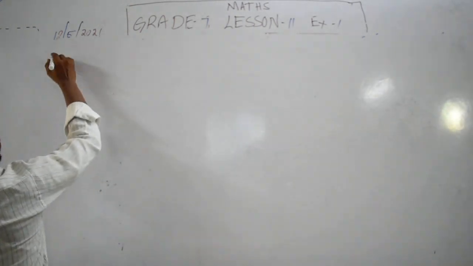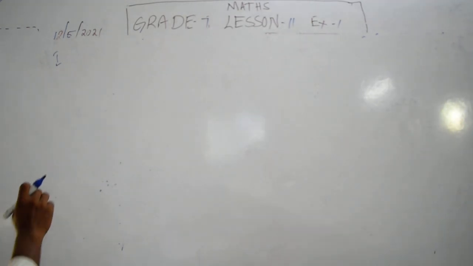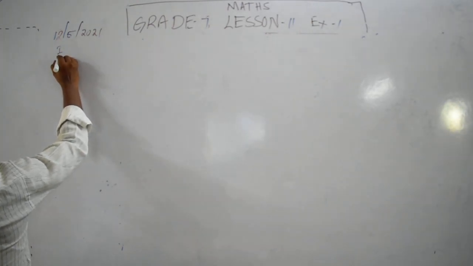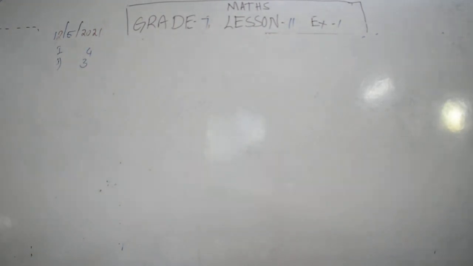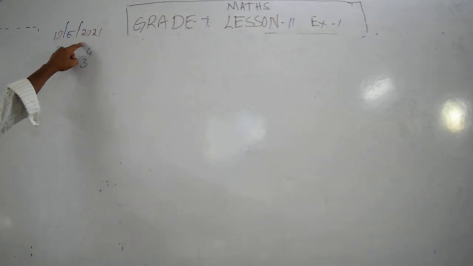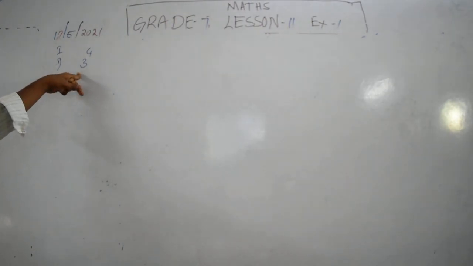See, first problem. They're given. Write the base and exponent in each case. Write them in expanding form. They are asking what is the base, what is the exponent. Now here, 3 power 4. So this is 3 power 4. In this problem, which one is the base and which one is the exponent?